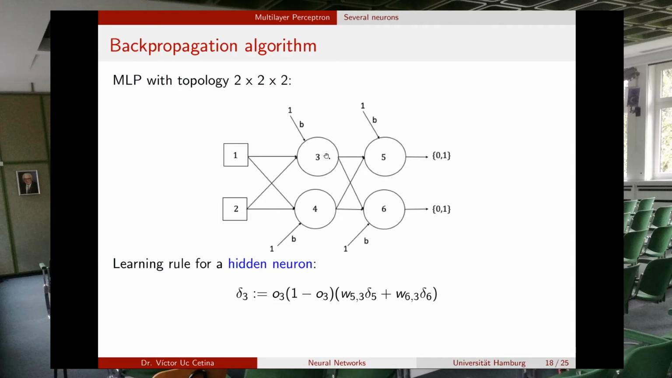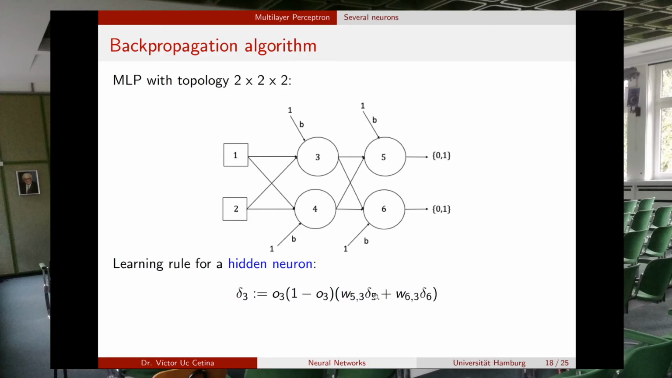We need to multiply it by the error of the neuron where this connection is going to. So we will have W53 times the error of neuron 5 plus W63, so the value of this weight times the delta of 6. If we had, for example, neuron 7 here, we will need to add plus the connection going from 3 to 7 times delta 7. Okay, so that's why you need to compute the deltas of the output layer, because otherwise you cannot compute the delta of the previous